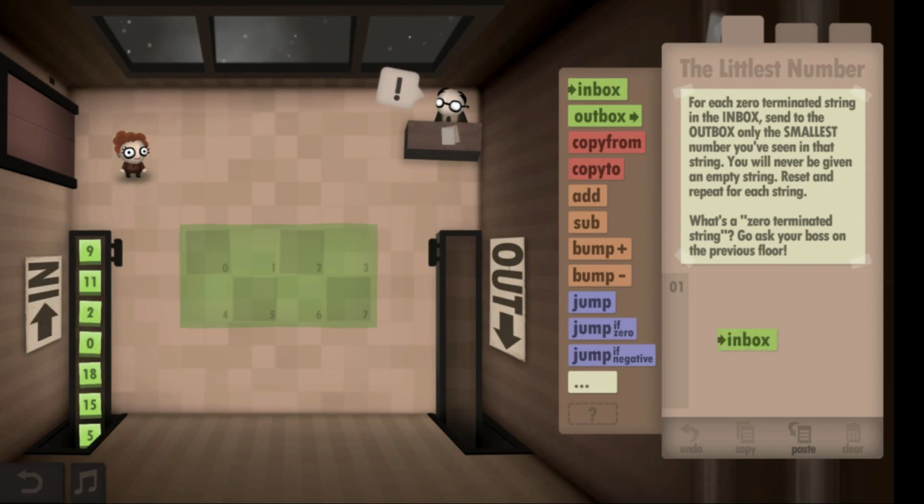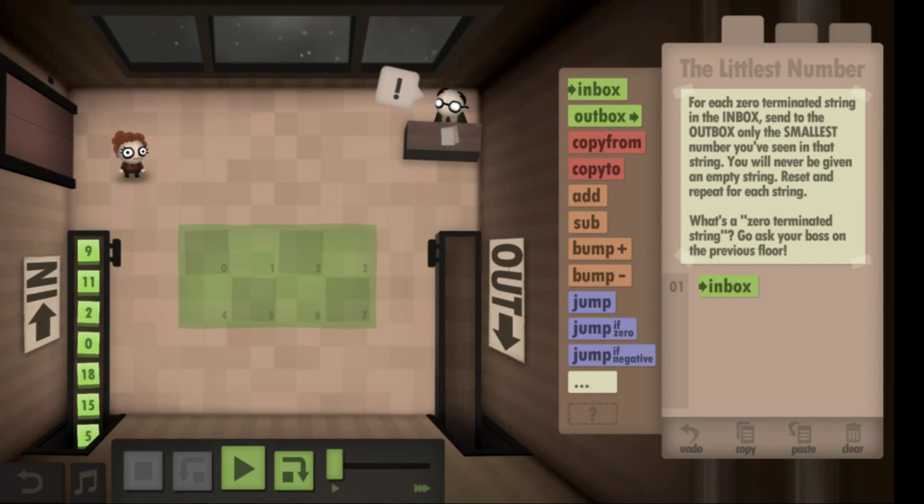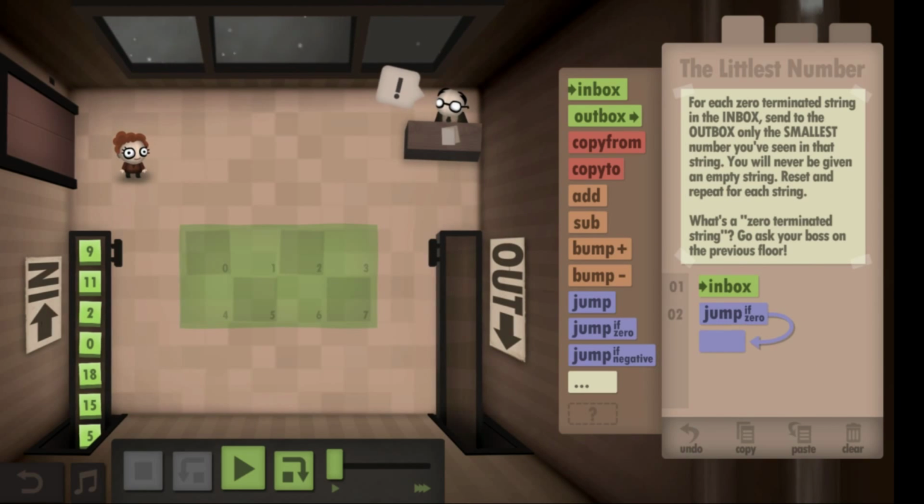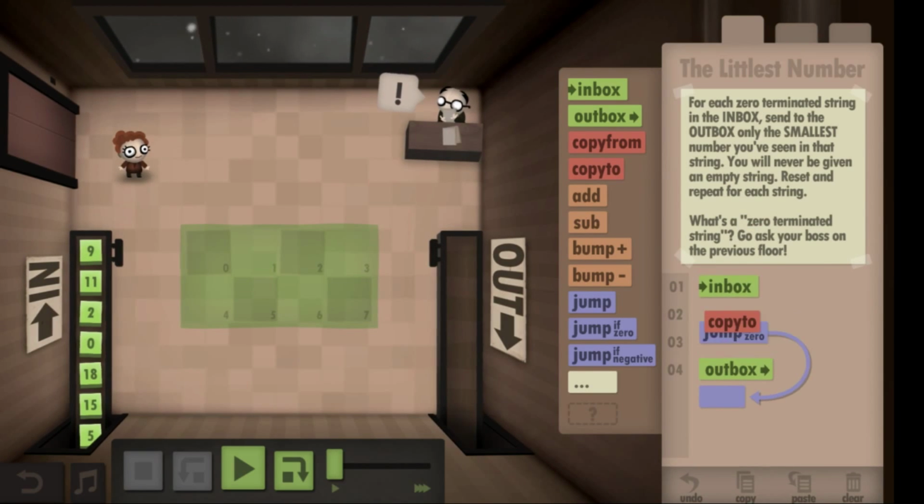Okay, so we inbox whatever we're currently holding. And if it's 0, then we... Okay, so the very first thing we need to do is copy